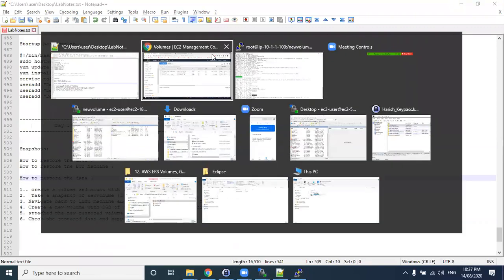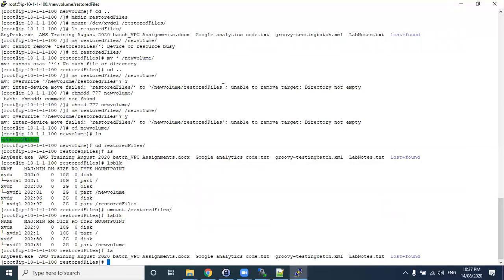Okay, any doubts here? If you are not familiar with the commands, try to practice yesterday's lab a couple of times, at least 2 to 3 times, so that you will understand how the partitioning is happening and how LVM, Logical Volume Manager, is working. This is not related to AWS. This is purely Linux. You must have Linux knowledge when you are attaching storage to a Linux machine, then unmounting and removing it.